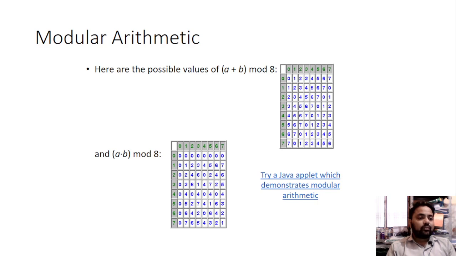Here are some possible values of a plus b mod 8. We can simply say that if we are finding some possible values like a plus b mod 8, here you can simply see we are adding the